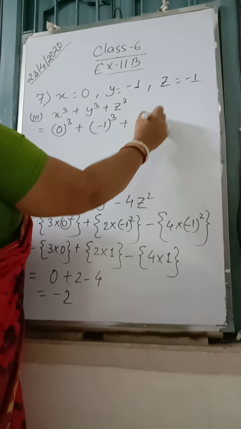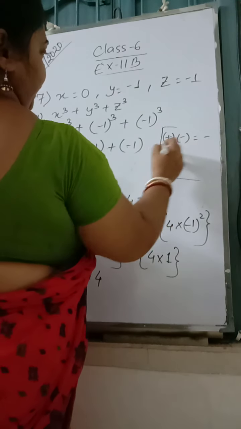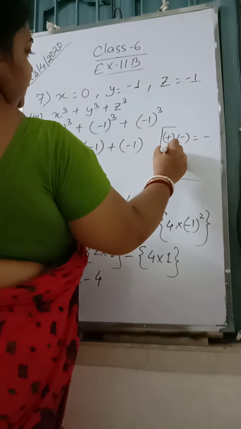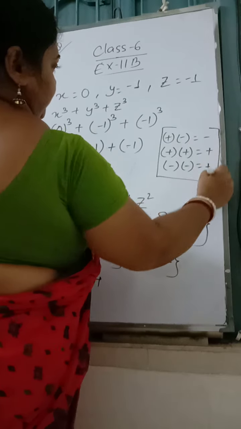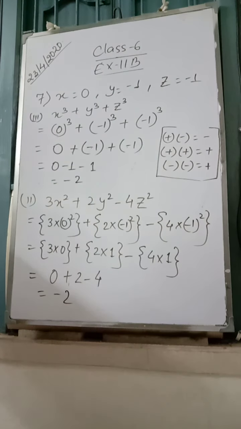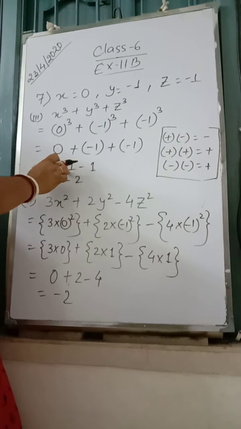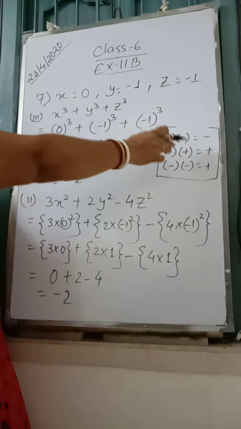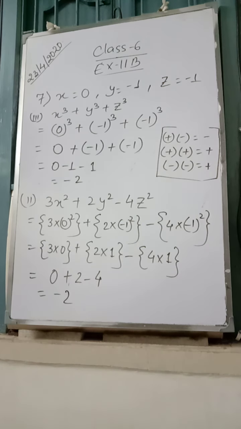As you should know, plus into minus gives you minus. Minus into plus gives you minus, plus into plus gives you plus, and minus into minus also gives you plus. So this is plus into minus, it gives you minus. So plus into -1 gives you -1. Again plus into -1 gives you -1. We cannot write two signs together. So you have to practice these things. This will not come immediately. So you have to spend time and you have to practice.